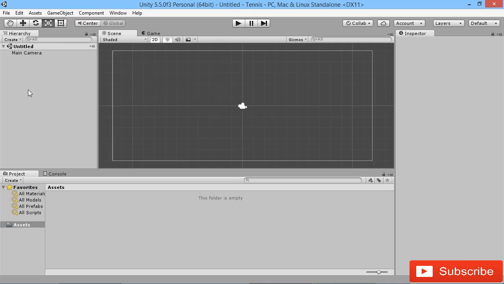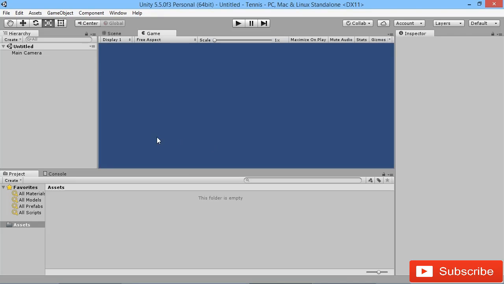So the first thing we want to do before we go making anything of our project itself, we're going to lay out our project and set everything up to make it nice and easy for us as we go through our game. So one of the first things we want to do is, if we switch over to our game view here, we've got this default blue background, which isn't what we want in our game. We want to have a nice black background